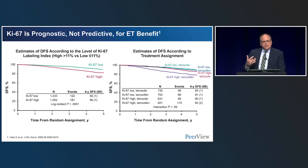So with that in mind, what are some of the other factors that might be utilized? Well, we know about Ki-67. This has been well tested in our modern-day trials. Stephen will talk to you a little bit later about the role of Ki-67 in the setting of adjuvant CDK4/6 inhibitors. But what you can see here is that in the early-stage setting, this is actually from the BIG 1-98 trial, you can see that Ki-67 using a cutoff of 11% was prognostic,